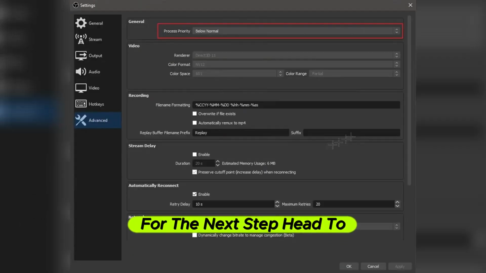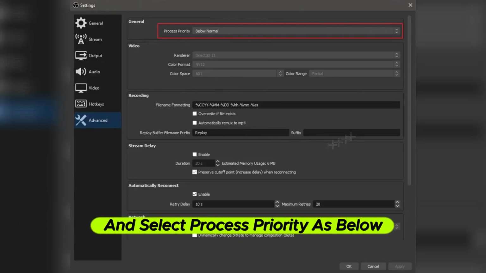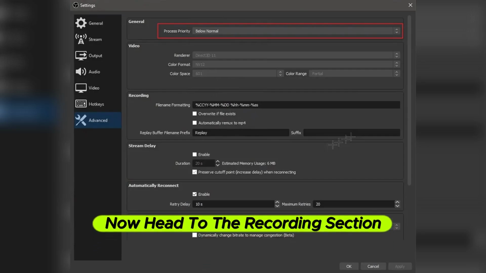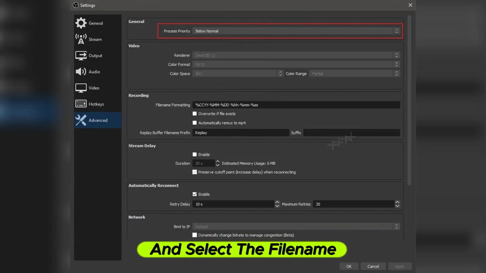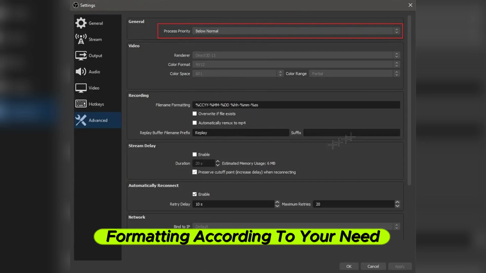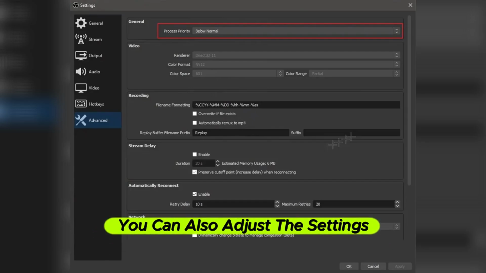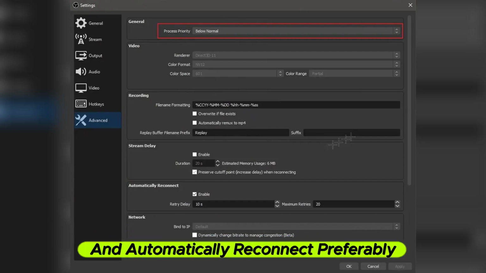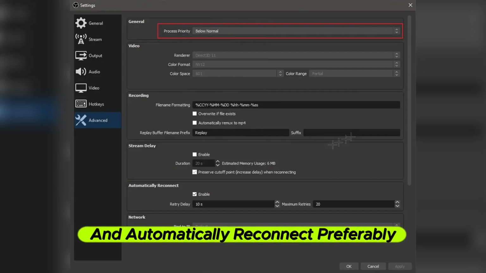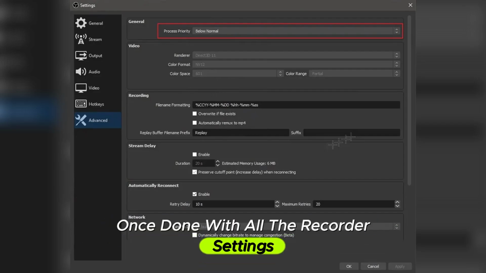For the next step, head to the Advanced tab and select Process Priority as below normal. Now head to the Recording section below and select the file name formatting according to your need. You can also adjust the settings of the stream, display and automatically reconnect. Preferably, once done with all the recorder settings, click on the OK